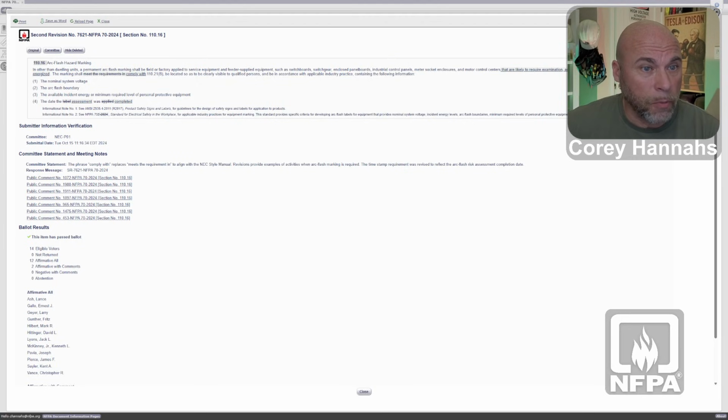Revisions provide examples of activities when arc flash marking is required. So again, these are just examples. These lists up here are not all-inclusive as to when that needs to be there. And then the timestamp requirement was revised to reflect the arc flash risk assessment completion date. So this is kind of a big one because previously you can see it was just the date the label was applied. Now it's saying they want to know specifically the date when the assessment was completed, which is important